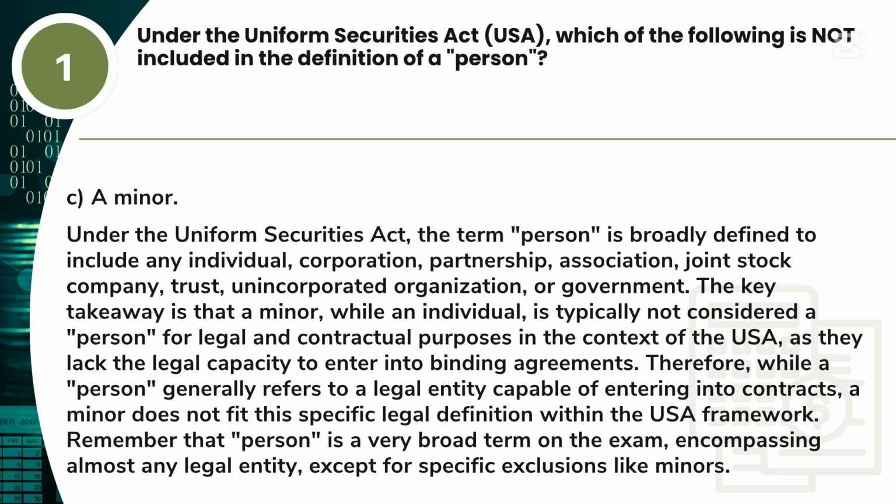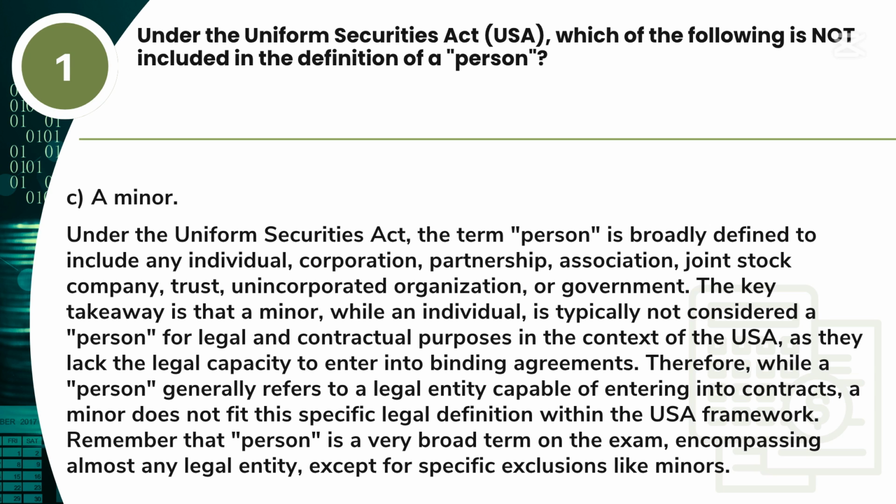Therefore, while a person generally refers to a legal entity capable of entering into contracts, a minor does not fit this specific legal definition within the USA framework. Remember that person is a very broad term on the exam, encompassing almost any legal entity, except for specific exclusions